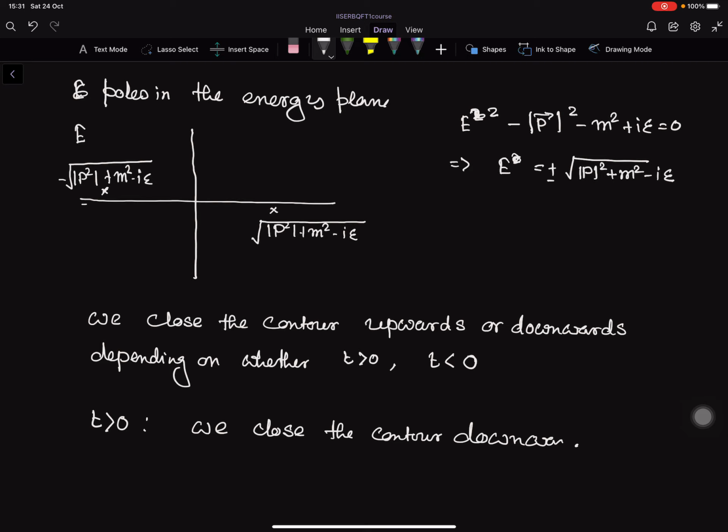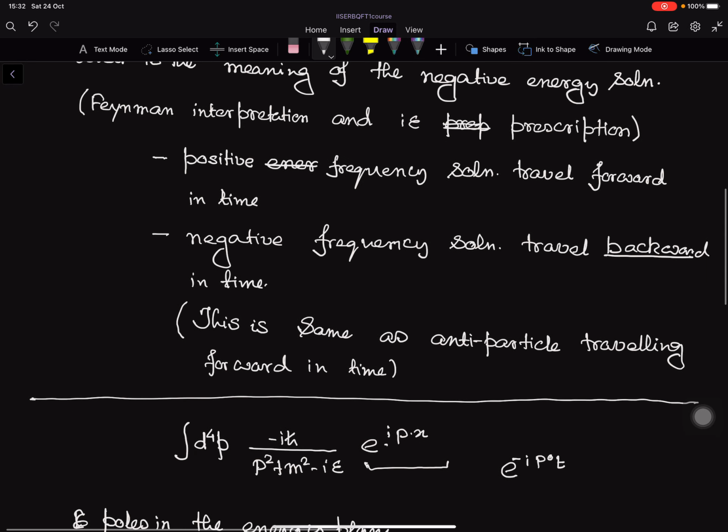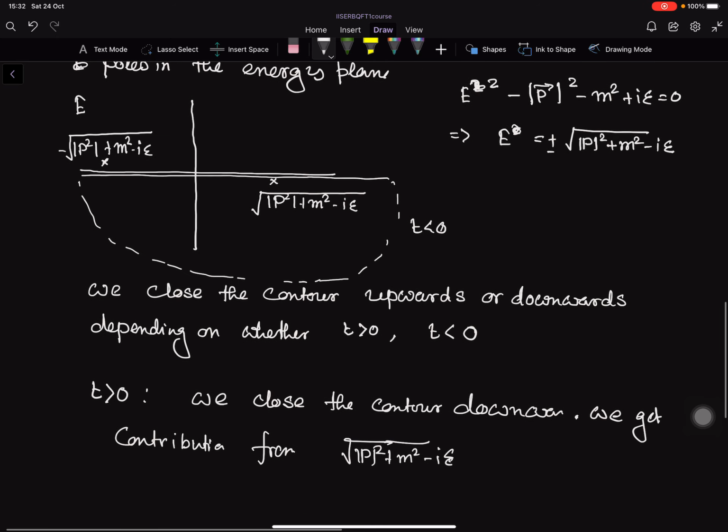So basically for t greater than 0, we get contribution from this pole, the positive pole. Okay, so this basically justifies this interpretation that for positive frequency the solutions travel forward in time, because this is t greater than 0,